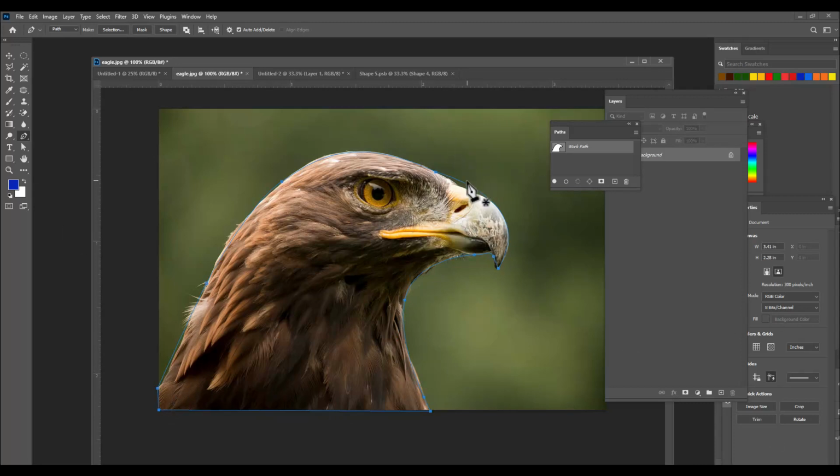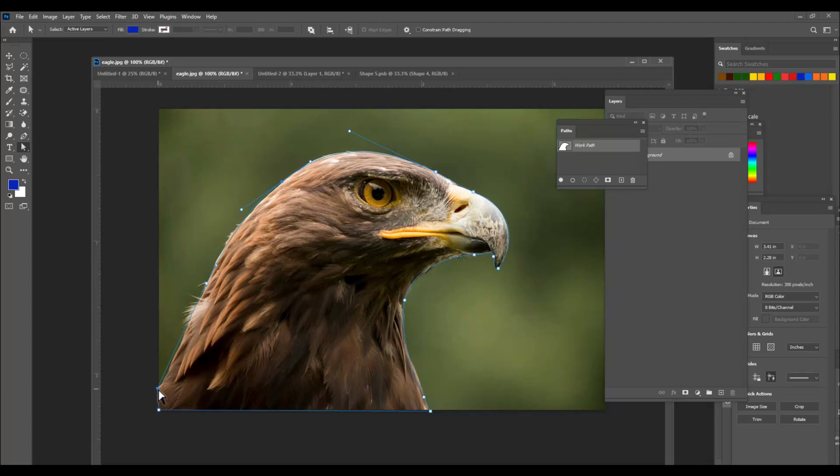Right, and we can also add some extra points and we can adjust these points. So something like this. Right, so this time we'll be using this paths panel to convert this path to a